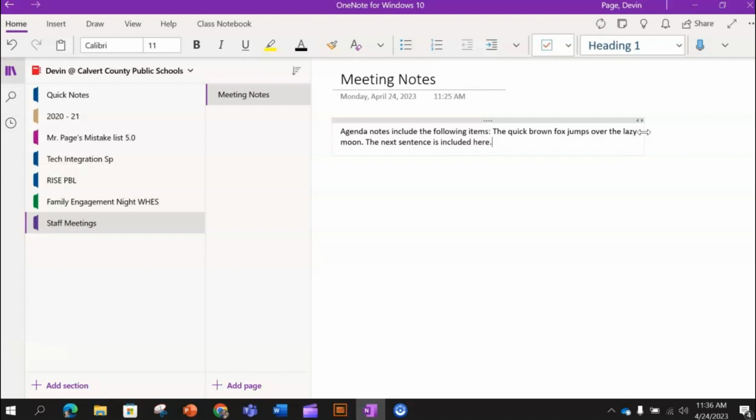Okay, so what are some other things you can do in Notebook? Well, you can add a bulleted list. So I'm going to put the cursor right below the sentence I just typed, these two sentences, and then click bulleted, the icon for a bulleted list. And so here might be some notes that are going to be in the staff meeting. And then I'll go ahead and add the next note based on whatever we're learning in the staff meeting.